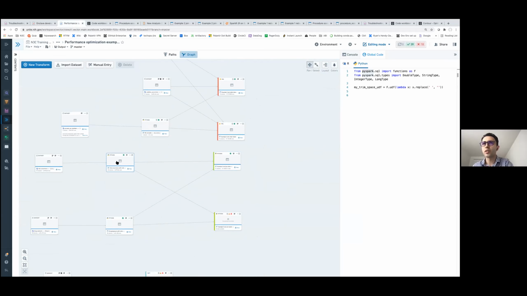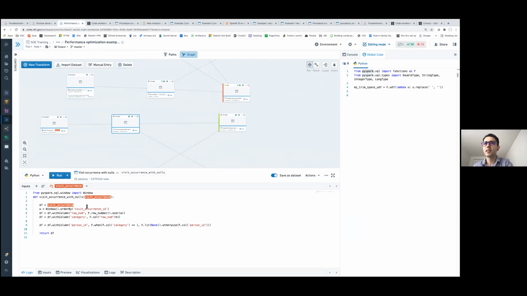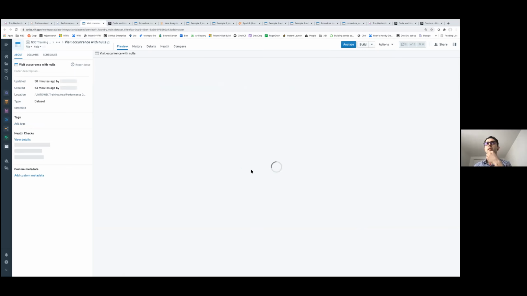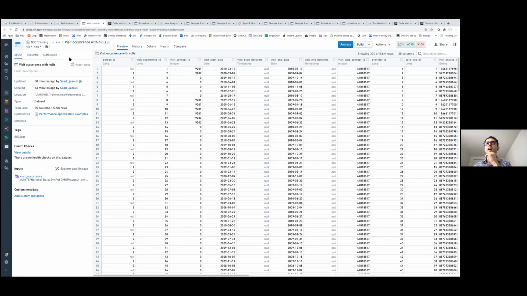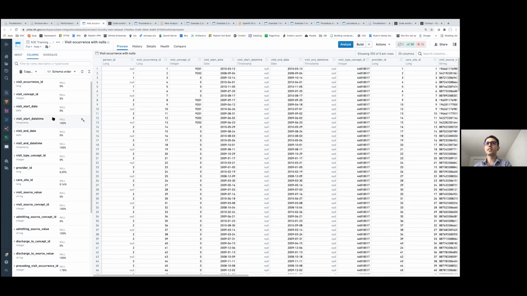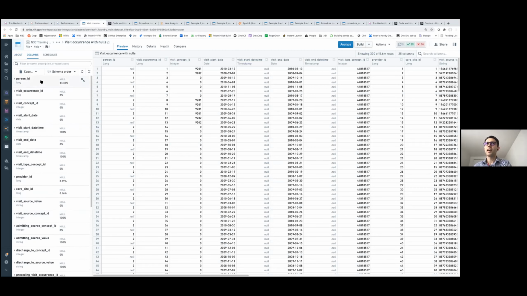So here I have a visit occurrence data set. And if I open it and look at the columns, you can see on the left-hand side the percentage of nulls for each column.